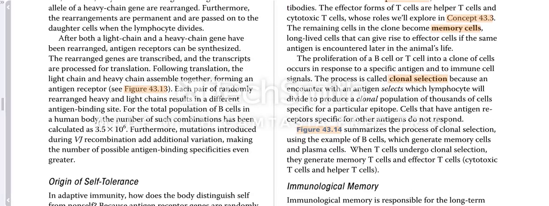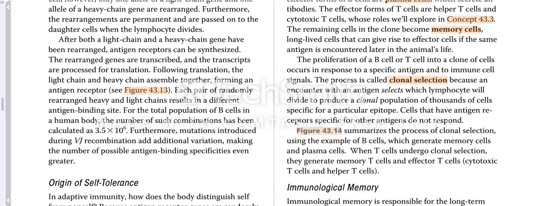Sorry, I've got a stuffy nose. Continuing on with the discussion of combination, this talks about after translation of both the heavy and light chains, they've been rearranged. You get antigen receptors synthesized,